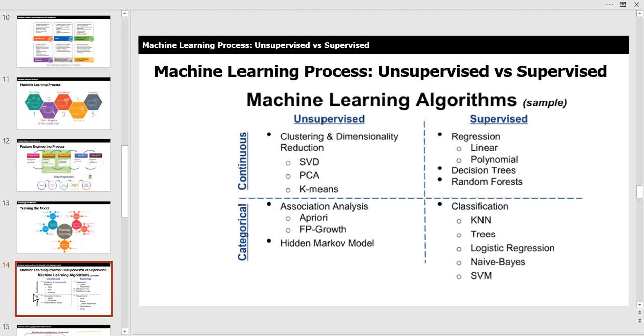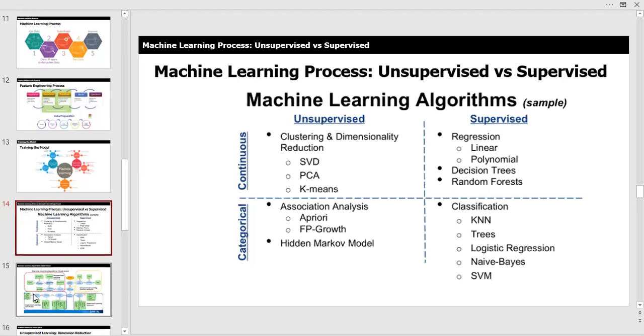That's the data scientist. On the supervised side, you have classification, and a lot of different algorithms: KNN, trees, logistic regression, Bayes, SVM. And then on the supervised prediction, you've got regression: linear, polynomial, decision trees, random forests, things of that nature. So as a business analyst, I think it's important at least to have these terms, have heard them, and go look them up. If it's something that you're going to be working with quite a bit, it'd be useful to know in more detail what they're about.